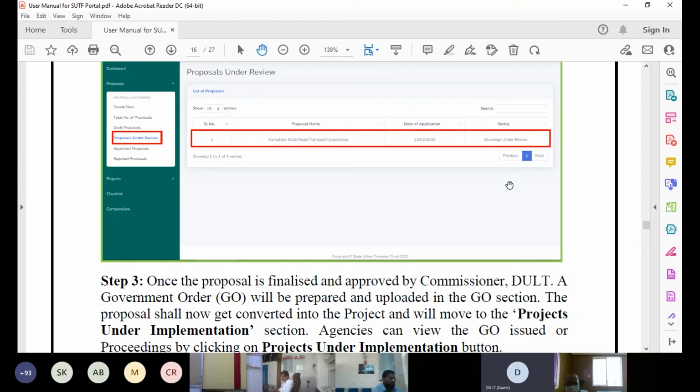So the status can also be updated from our end, we shall update the status. Suppose the drawings are under review, estimates are under review. If our engineering department has taken up a site visit, then all such status will come here. If the review has been completed and it has been put forward for approval, then that status will also be highlighted here. So from time to time, you can check the status of your proposal, how it is moving on, and the time stipulated for it.